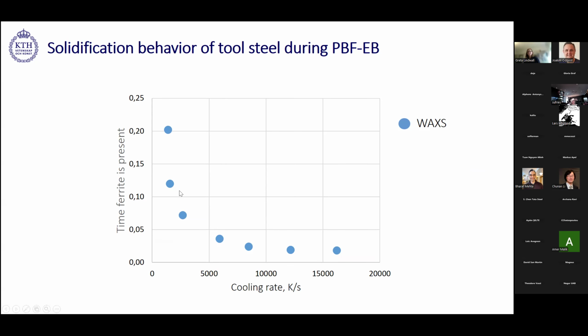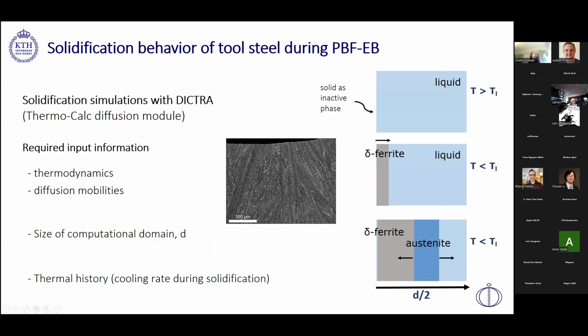And then we wanted to also see if we could use the solidification simulations with Dictra. So here in this case we know delta ferrite is the first phase to form, so it's a peritectic solidification. So we first have the delta ferrite coming, and then austenite will form at some point, and we will follow both these interfaces during solidification. So here we need again the thermodynamics and the diffusion as the input, and we need the computational domain size, which we took from experiments, and then we also need the thermal history, which we have from our process